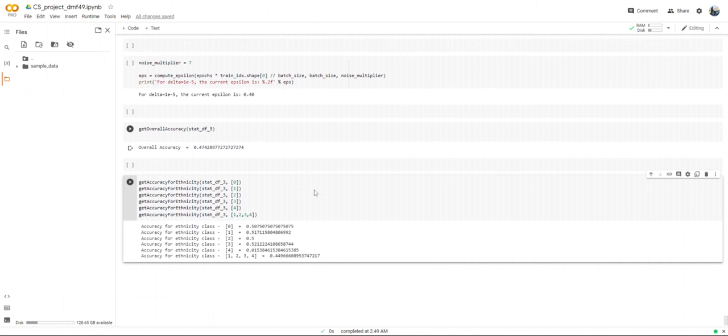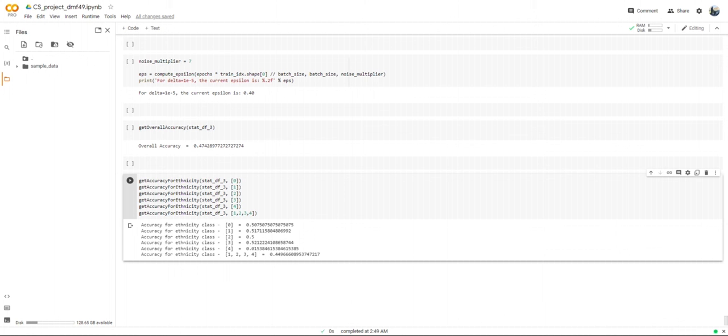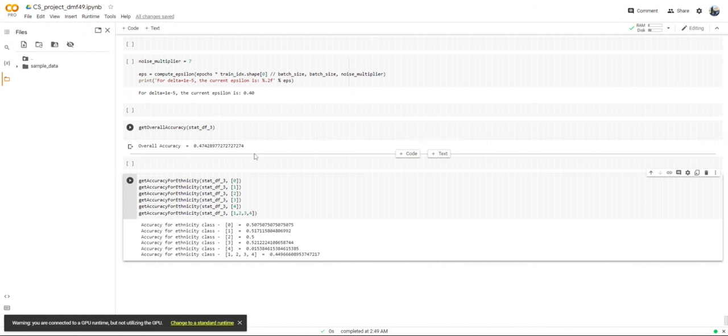So the results are showing the same trend as the previous works on single output models by other authors. They were showing that differential privacy has disparate impacts on model accuracy. So that's what I've done for this project, and there is more to come in the project report as well